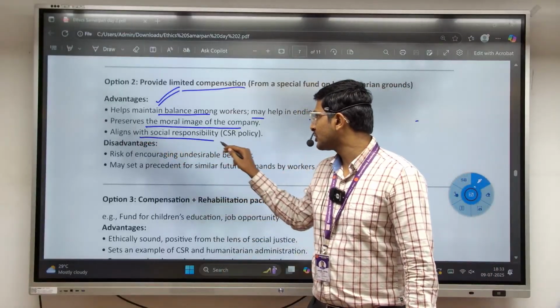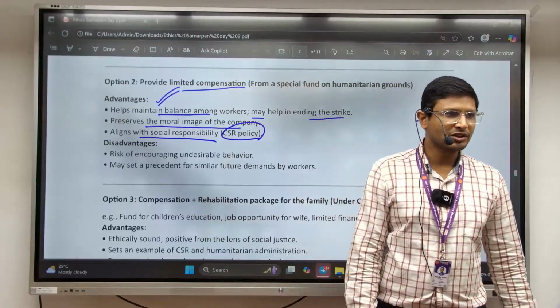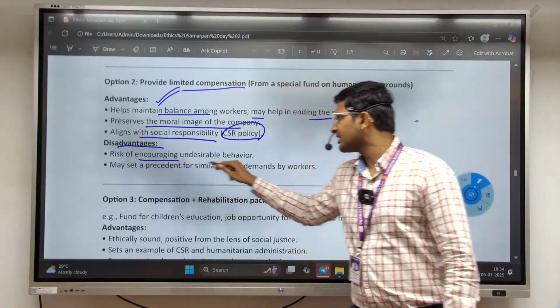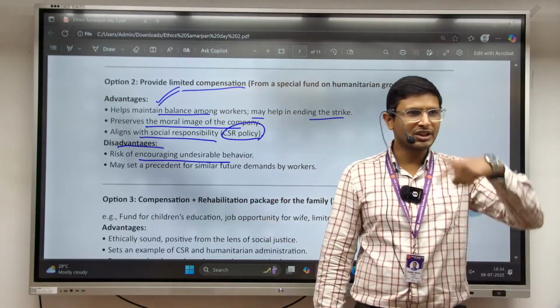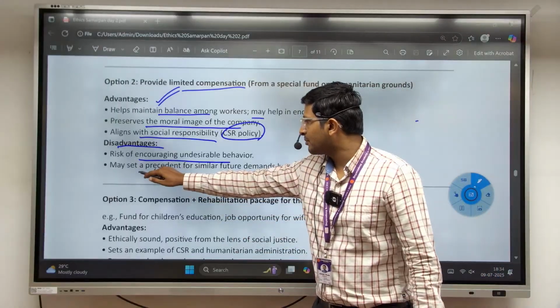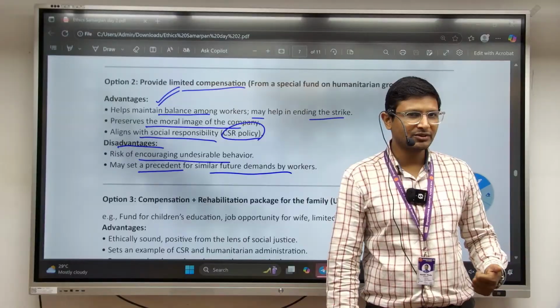Align with the social responsibility, CSR policy. Okay, corporate social responsibility, you are providing the money. Then disadvantages, risk of encouraging undesirable behavior. Future में भी ऐसा हो सकता है undesirable behavior, that is a risk. May set a precedent for similar future demands by the worker, that will be a bad precedent for the worker,